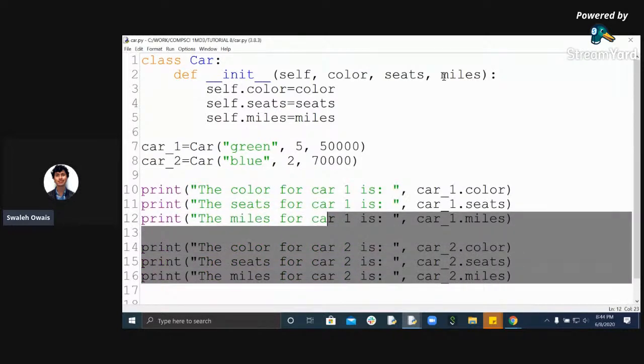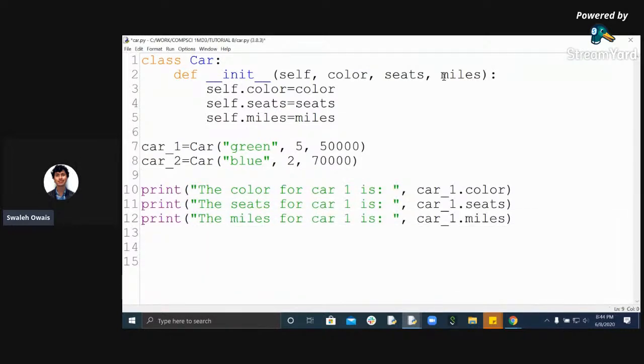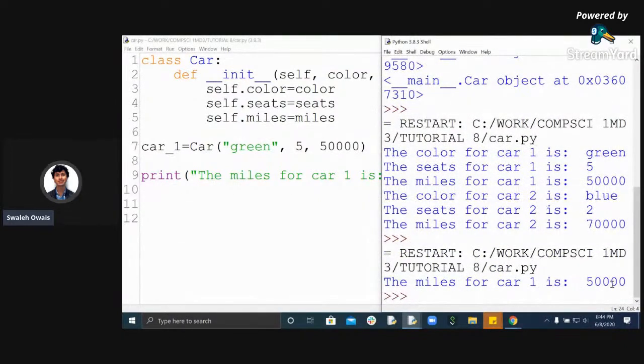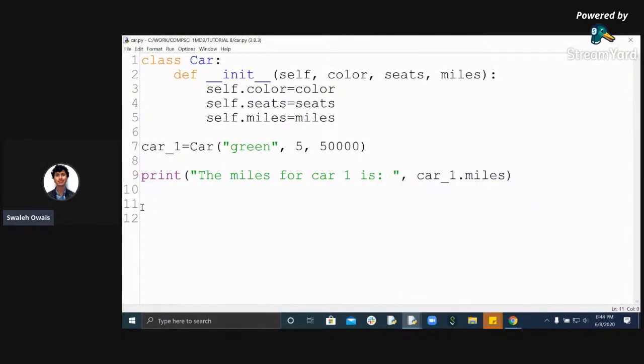Let's just exemplify this. Let's suppose I have just one car object. Make this a bit less messy. Remove the unnecessary lines. So I have one car object, car one, and when I run it, you can see that car one has 50,000 miles. Now I can change the number of miles that car one has by just typing car_1 dot miles. I can refer to that property specifically, and I can make it equal to some new value. I can say it's now 80,000. Okay, and if I print out the value once again,